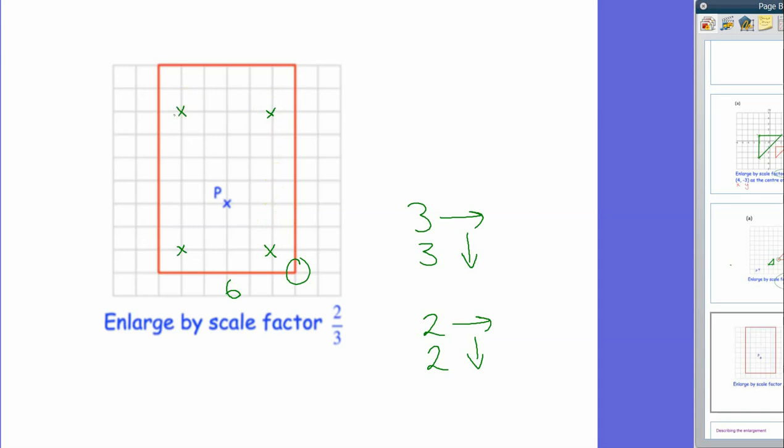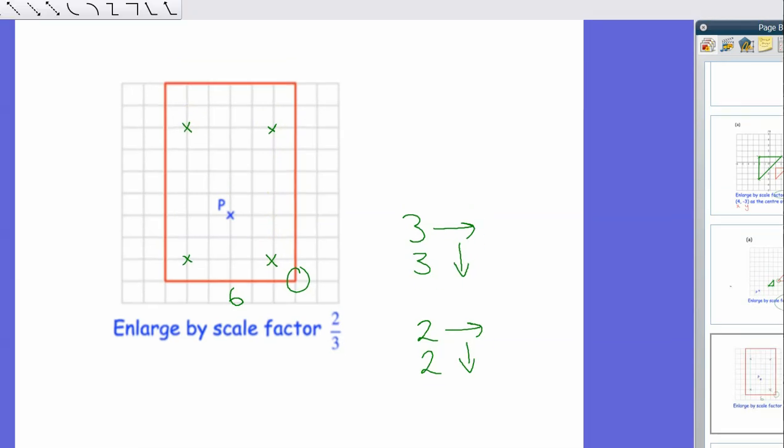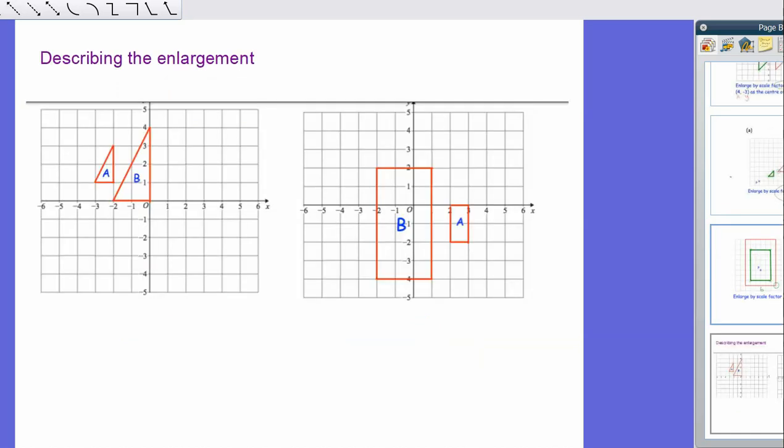And we can fill in the rest of the rectangle. And we can join it up. Oh, sorry, it's a bit of a dodgy one. Try that one again. Better. Okay, so even with 2/3 we can handle that because it's just counting squares. Now,